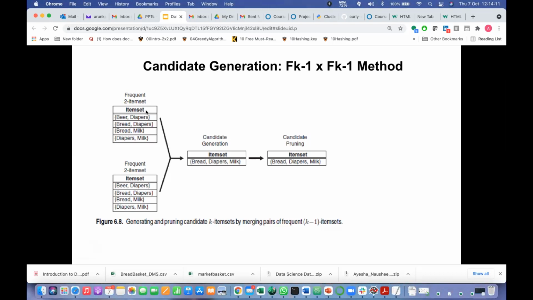So always the item set should be represented in sorted items. Once you get that sorted, if you are taking k minus 1 item sets, the first k minus 2 elements should be the same. Only the last element can differ. Those elements you will add to get the Fk, because k minus 2 elements are the same and you are adding two more elements, the last ones. So you will get the Fk set. Then it logically will always give a possible frequent item set of size k.